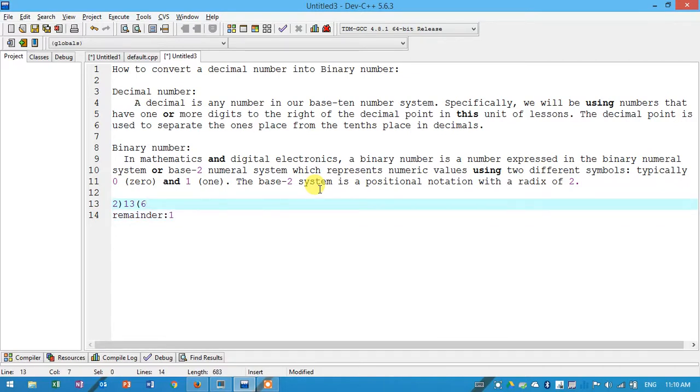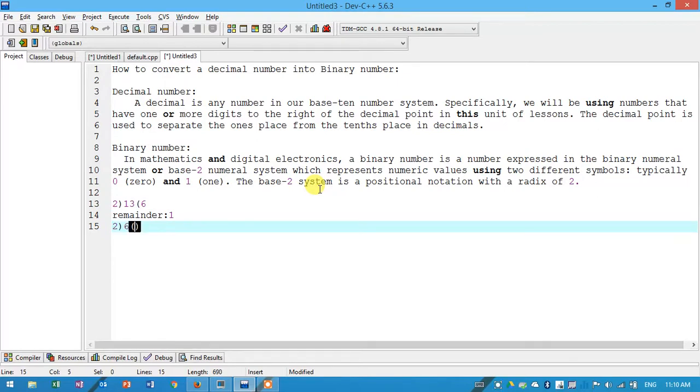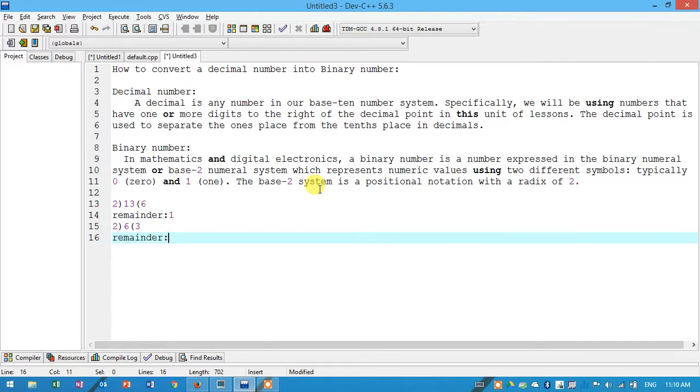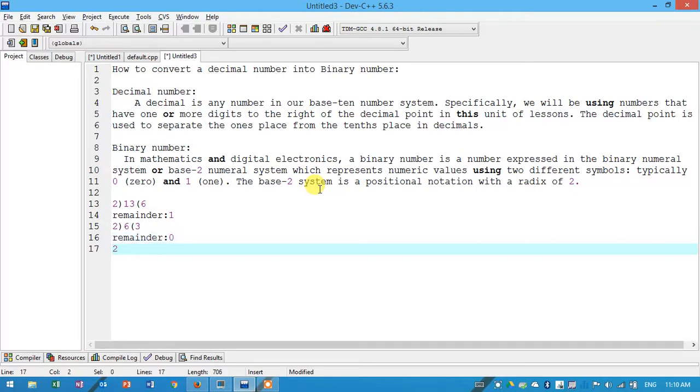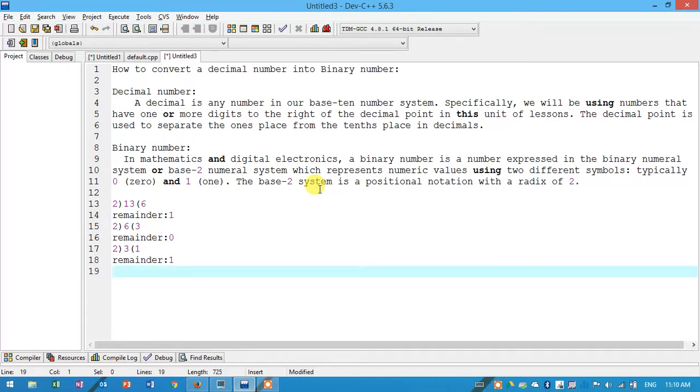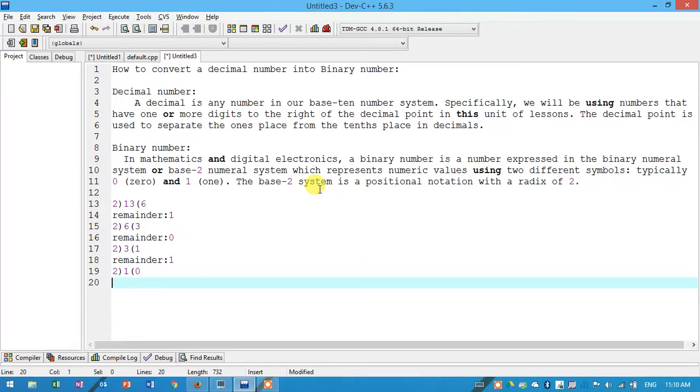Then we take the 6 again, divide by 2, so the quotient is 3 and the remainder is 0. Then we take the quotient 3 again, divide by 2, the quotient is 1 and the remainder is 1. Then 1 divided by 2 gives quotient 0 and remainder 1.